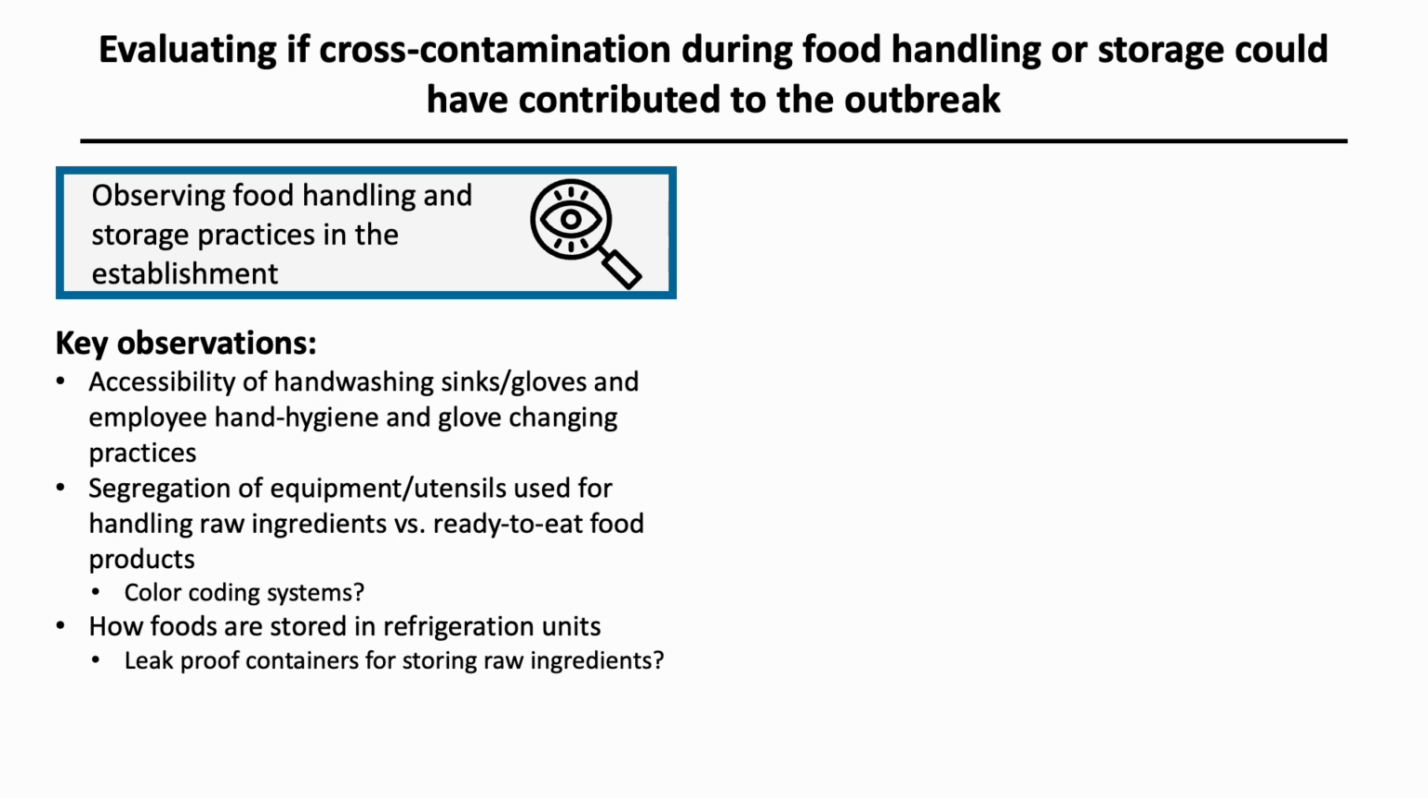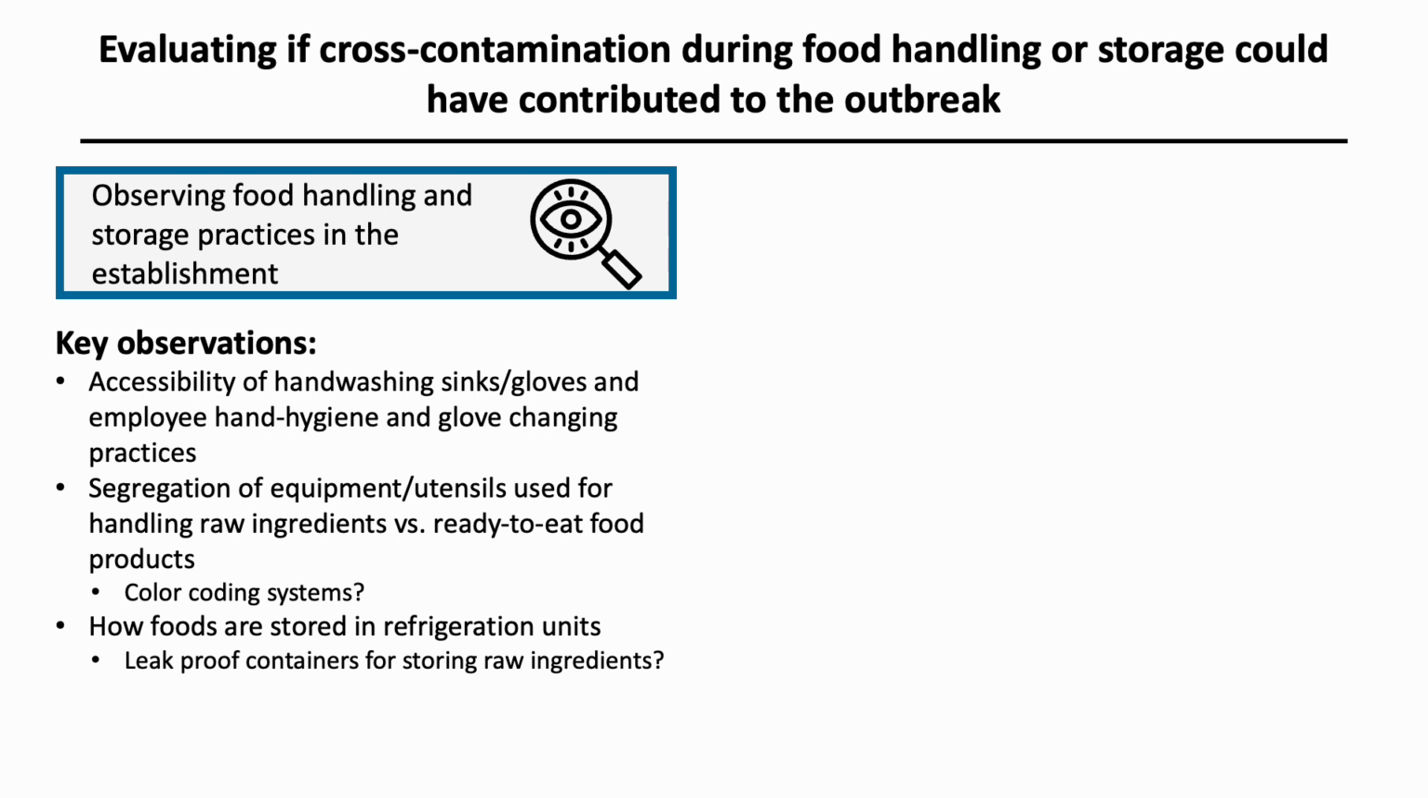Also, note how food is stored in refrigeration units. Are any raw ingredients stored above ready-to-eat food products, such as fruits and vegetables? Are all raw ingredients stored in leak-proof containers? Such observations are crucial, as failure to properly segregate raw ingredients from ready-to-eat foods during handling or storage can increase